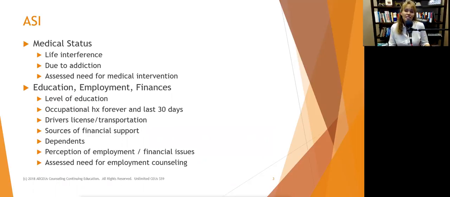Now, if you've got somebody who is medically unstable, who is either intoxicated right now or recently came out of detox, they may not be ready to go back. So when we're talking about prioritizing, we need to look in the big scheme of this person's recovery. What is it that they need, and what order do we need to do these things in?